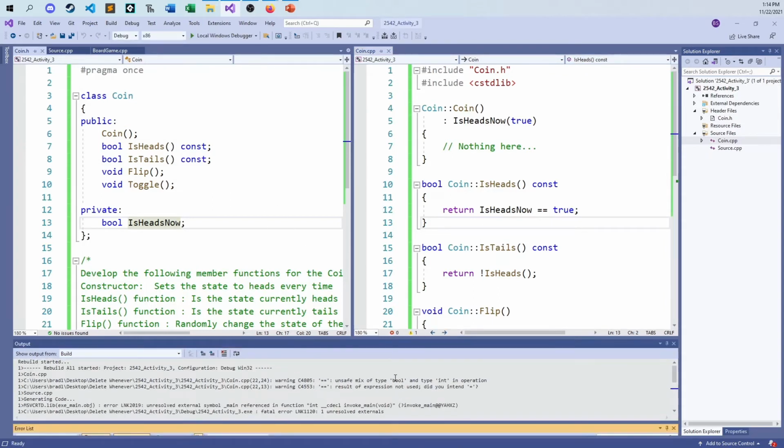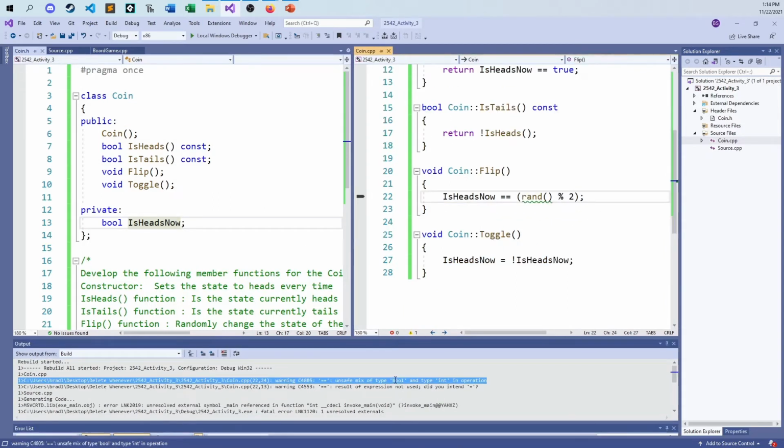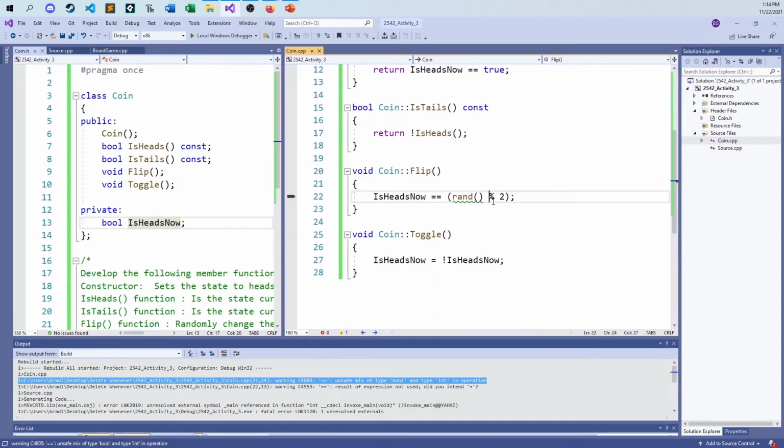Now I have two, and this is again where warnings matter, because this is saying, are you sure you want to do this? Are you sure you want to take an integer value and turn it into a bool? And I go, yeah, but just to be on the safe side. This is why there are warnings, because it's basically telling me, hey, if you really want to do this, you should go in and fix the code up so that if there's a problem,